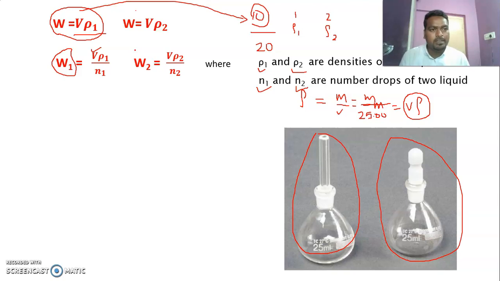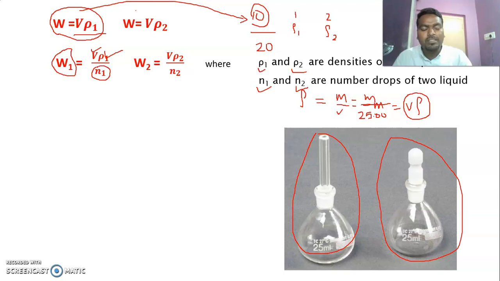It's very simple. Measure the volume of the liquid by using the specific gravity bottle and measure the weight of the same volume using a digital weighing balance. So you will get mass and volume, and the ratio of m by v will give density. So now you know how to identify density. Then N1 can be calculated.